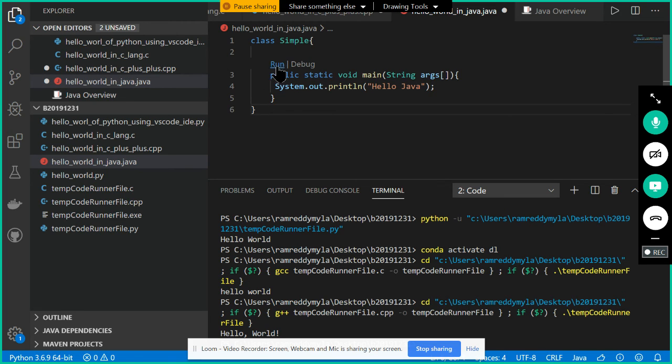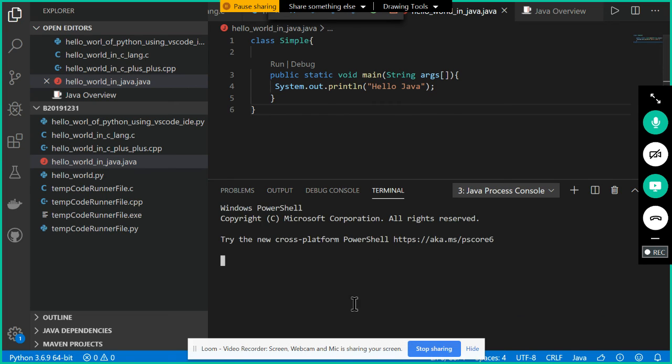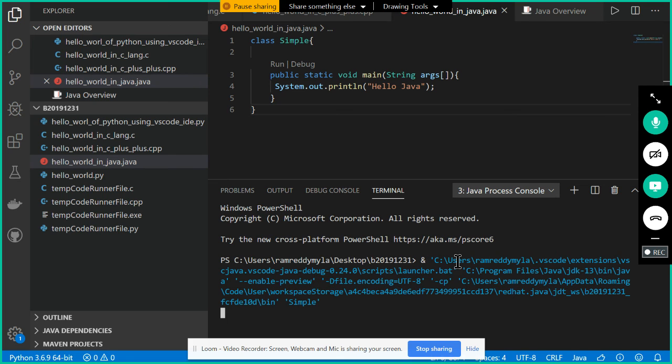Python. Here now it is loaded, the run button, now I am able to see it. If I click on this run button, this code is also going to run, it is going to display hello Java. Hello Java. Wow, beautiful. Using the VS Code IDE, you have got the chance to develop the C Hello World program, C++ Hello World program, Java Hello World program, and Python Hello World program.